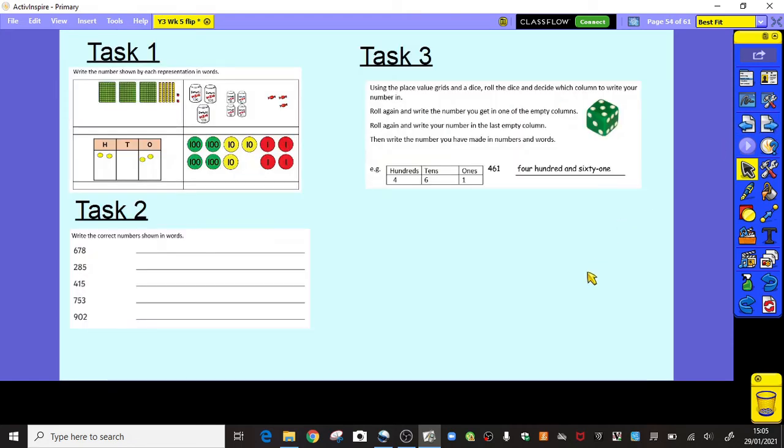Now again today, you've all got very similar tasks, just different numbers to work with. So the first task is writing the number that's shown in the pictures, but writing it in words. You might want to write it in numbers first, but you then need to write it out in words. Task 2, you need to write the number out in words. So we look at the first one here, it's 678, so you would need to write in here